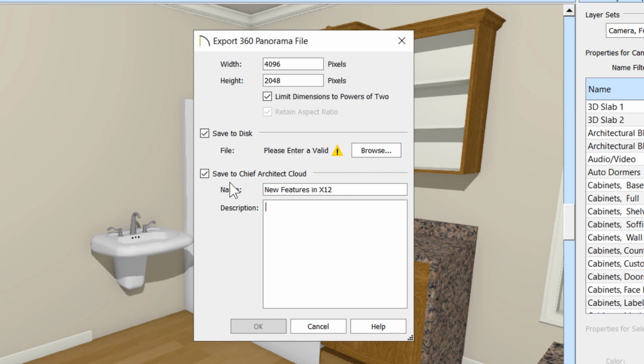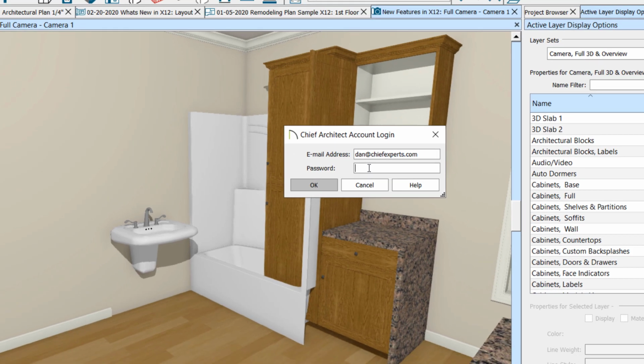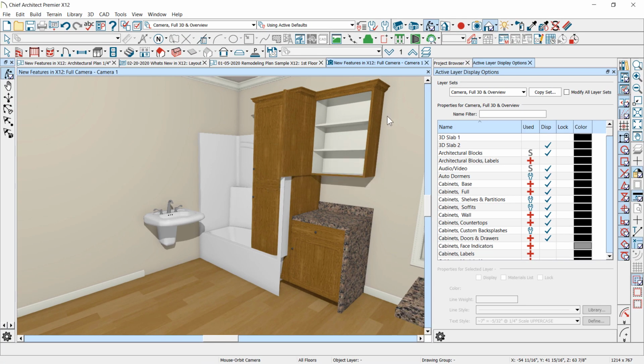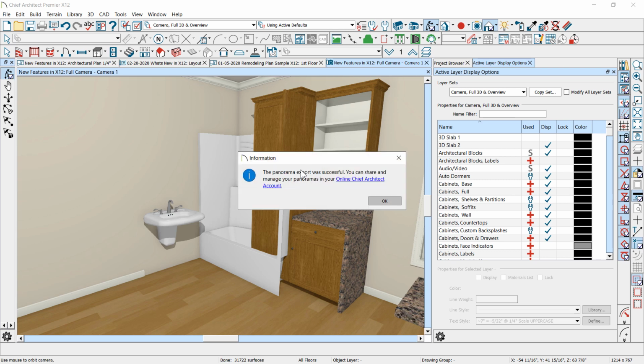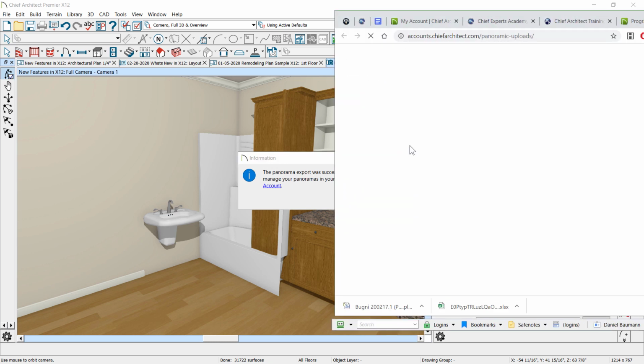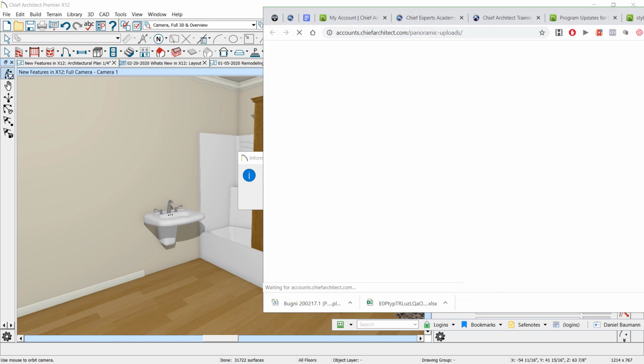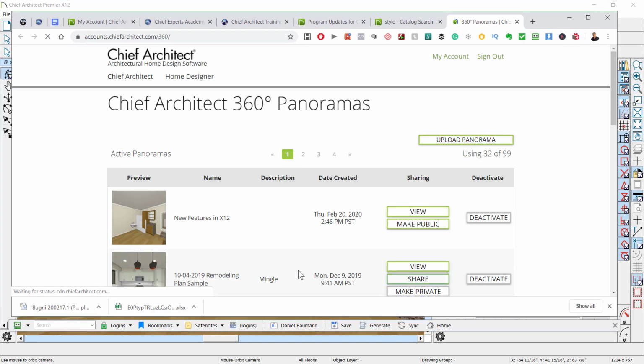So let me just click on this and hit OK, and then I have to remember my password. Okay, so that's going to open up your digital locker, so you will have to have a current SSA in order to do this, and you can store 100 of these and 100 of the 360 models on the Chief website. Okay, so it says it's successful. Don't click OK, click the link here, and that's going to open up a web browser, and it's going to open up like this, and here's that